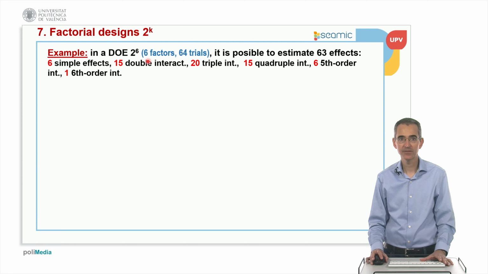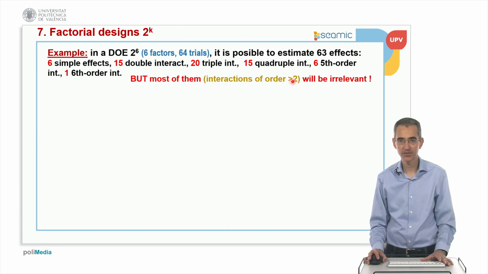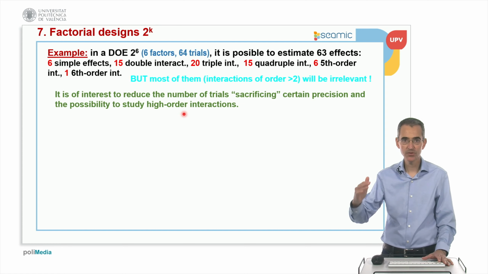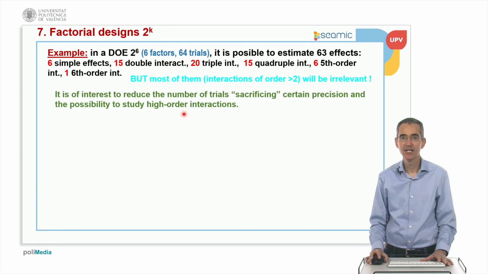So imagine that we have 6 factors at 2 levels. It's possible to estimate 63 effects, which is a lot of them. Okay, but most of them will be irrelevant. Basically, most of the interactions of order higher than 2 are not going to be statistically significant. Okay, in some cases it may happen, but it's not very common. So we can make this assumption. So it is possible to reduce the number of trials, sacrificing certain precision and